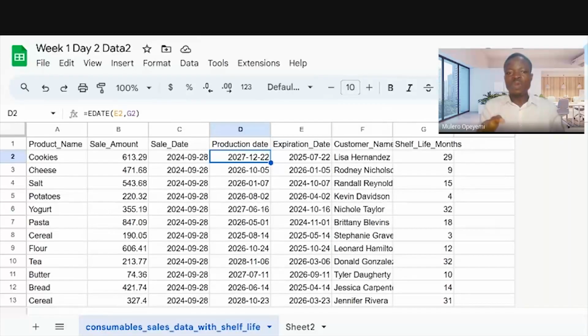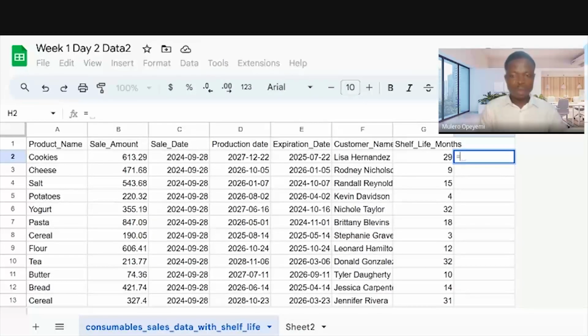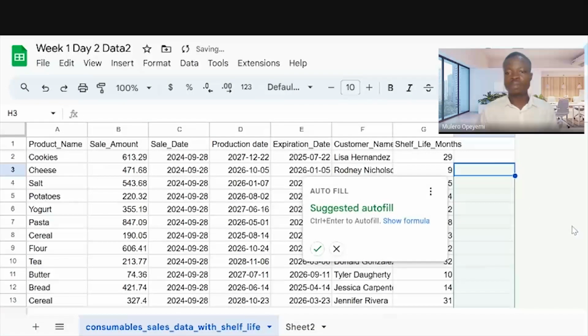The way you manipulate and what you want to get will determine how you navigate your way around. How you get it done is nobody's business. The major thing is to get the results. Now, let me show you something quickly. In mathematics, I can decide to say 15 minus 6. In this case, I want to subtract 29 months from that expiration date. So if I say 15 minus 6, I'll get 9.